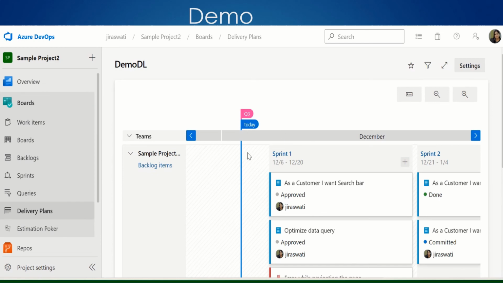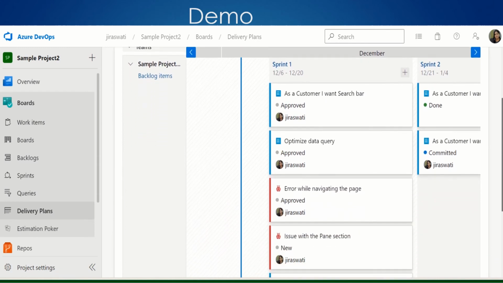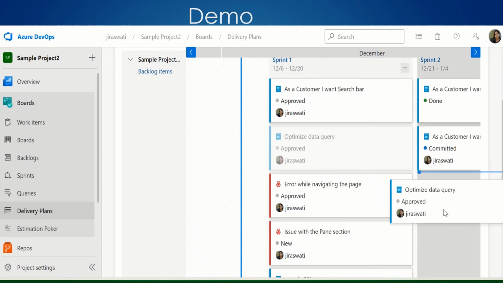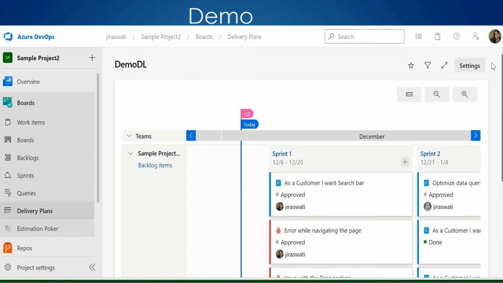See, you are able to see this marker. You can view this board and the marker you are able to see on this particular sprint. Based on that you can track the iteration dependency on any team, and based on that you can drag and drop the item also to another sprint. This is how the delivery plan works.